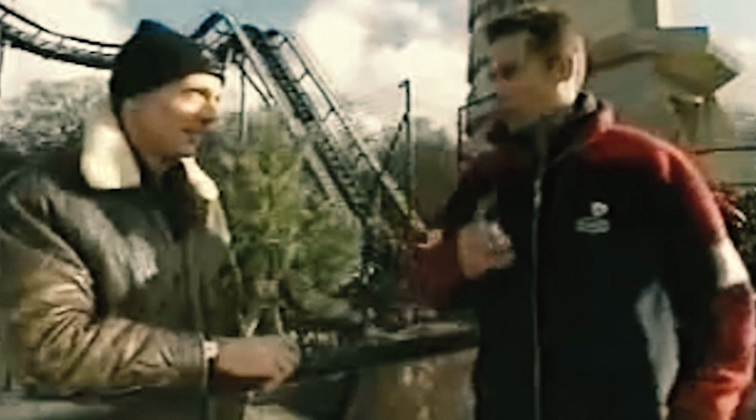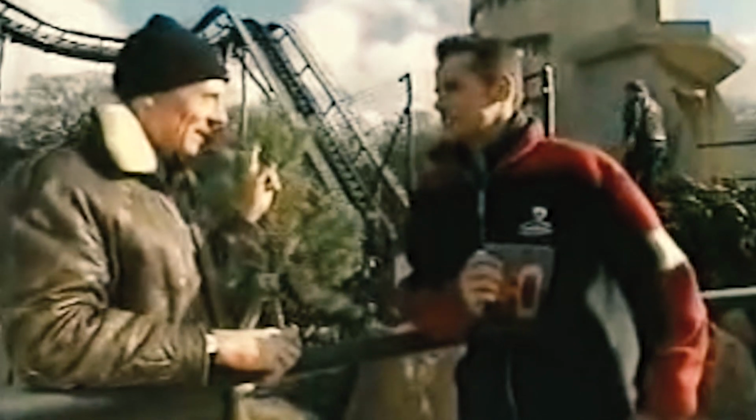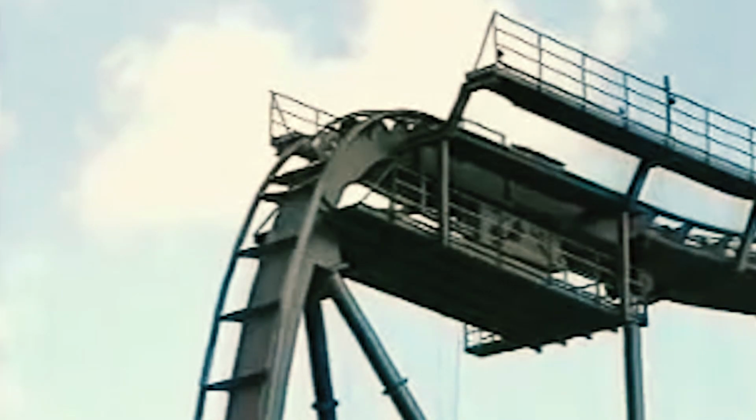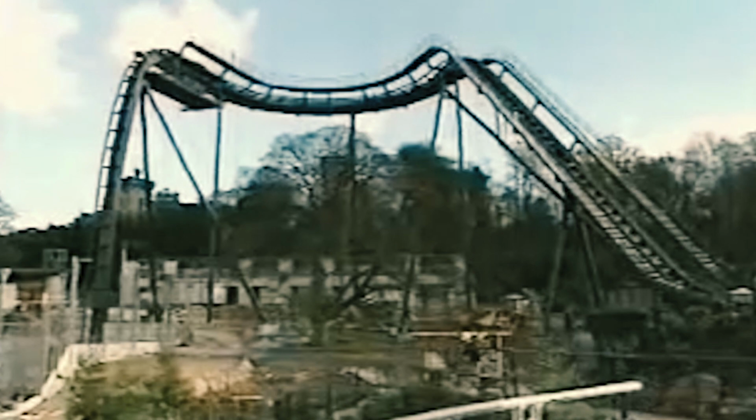The whole thing is the brainchild of John Wardley. John, what can I expect? Well, Richard, you're going to be taken up to the top of that structure. You're then going to be tipped face downwards, and then we're going to drop you vertically down, not just down to the ground, but down below as far as you were above. Right. And you'll experience about